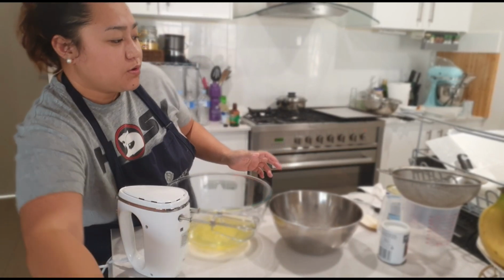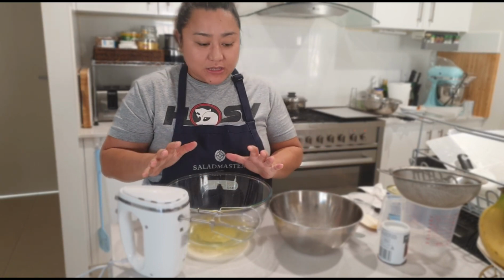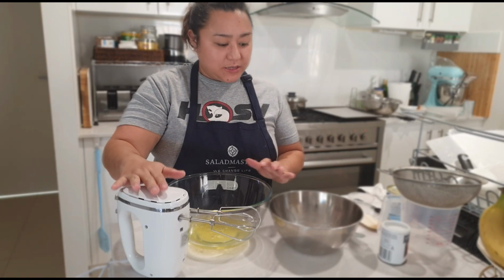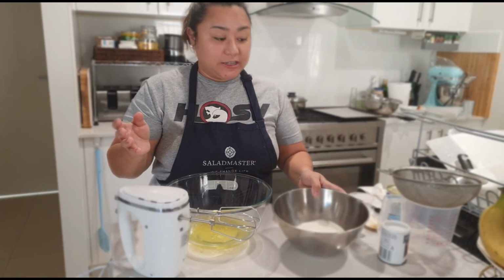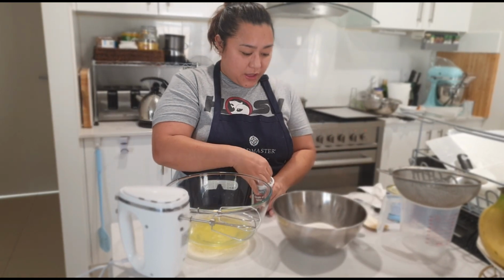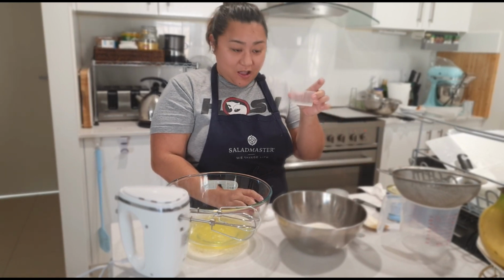Okay, we're now ready to beat our egg whites. So I've got the egg whites that we separated earlier from our egg yolks. I've got my handheld mixer, and then I've got my sugar. This is just a regular granulated sugar. I've got my cream of tartar as well, and then I'm just going to add just a drop of the